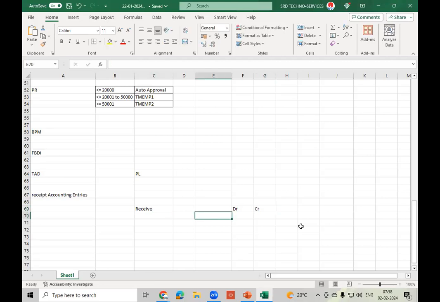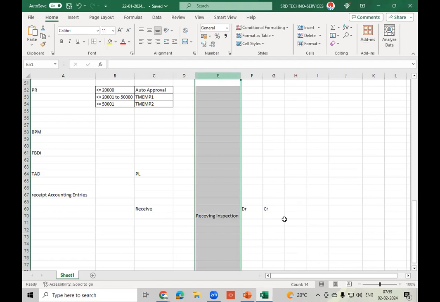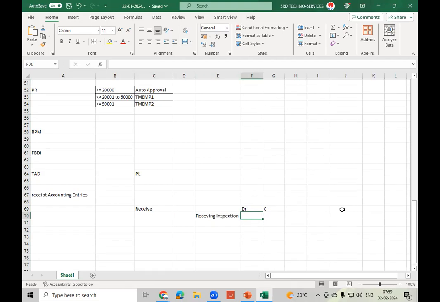So here, receiving inspection account will be debited. Suppose that value is 1 lakh. So 1 lakh will be debited,